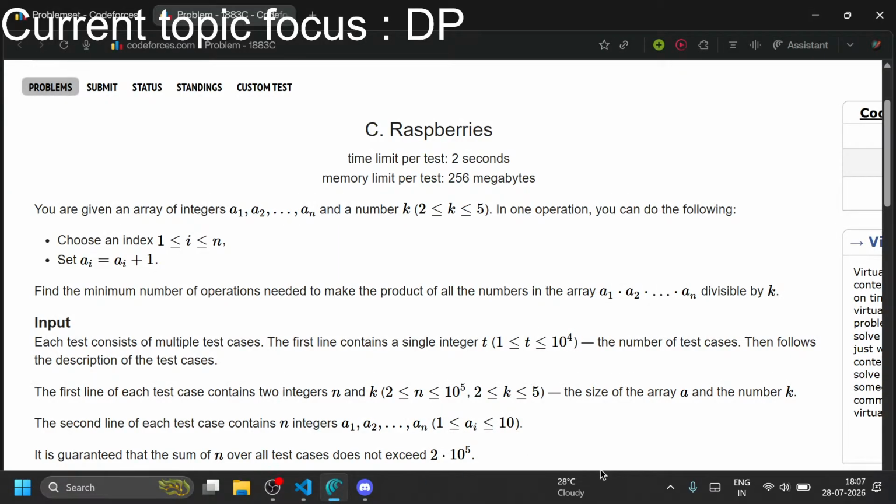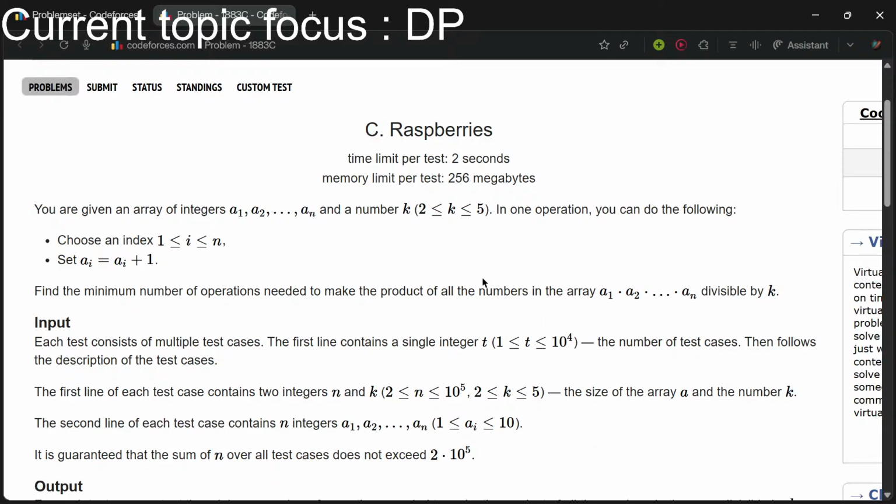Discord. Yeah, we don't need Discord. So